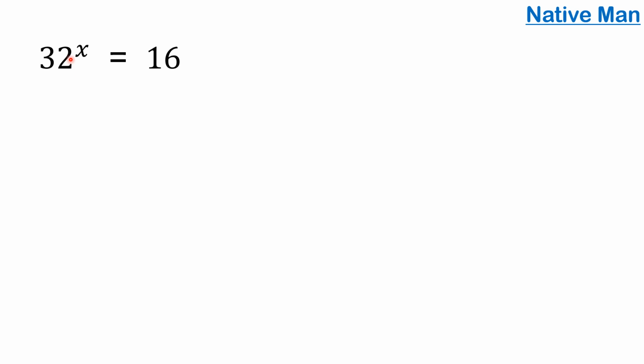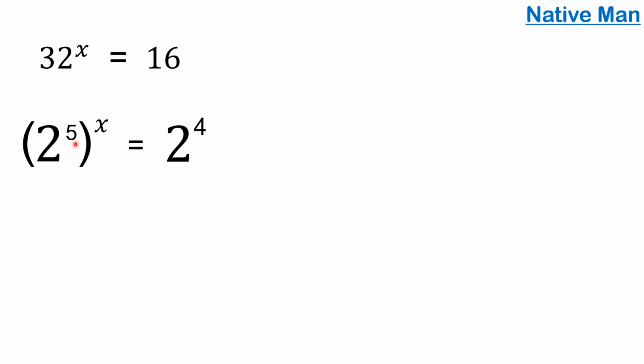Okay? So let's try. 32 can be written in exponential form as 2 raised to the fifth power. So 2 raised to the fifth power is equal to 32. Then raised to the x power, the exponent here. And also, 16 in exponential form is 2 raised to the fourth power. So 2 raised to the fourth power is equal to 16. So notice here that the bases are equal. So the same 2.